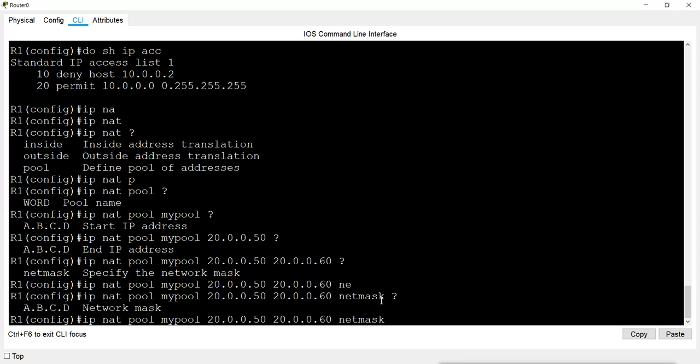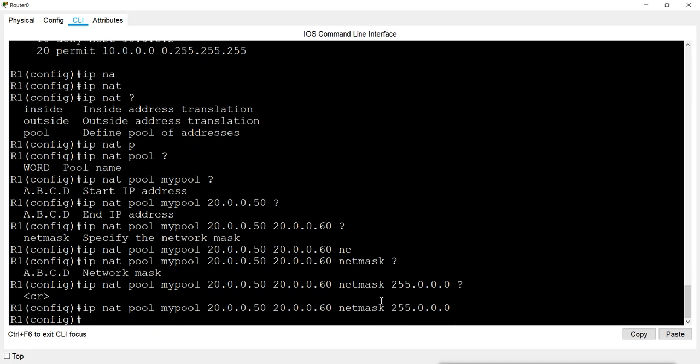If you have done subnetting, you can mention the proper subnet mask of that subnet. I have not done subnetting, this is class A, so I will give 255.0.0.0 and then enter. So we have created the pool, the name is mypool, and the range is 20.0.0.50 to 20.0.0.60.